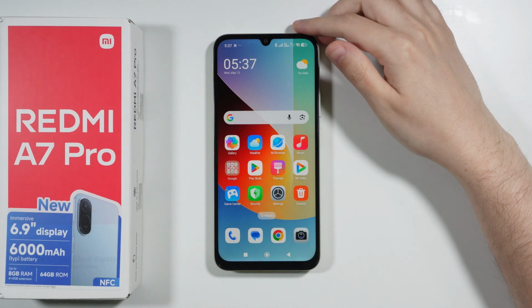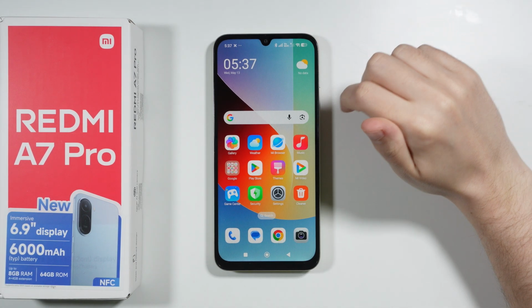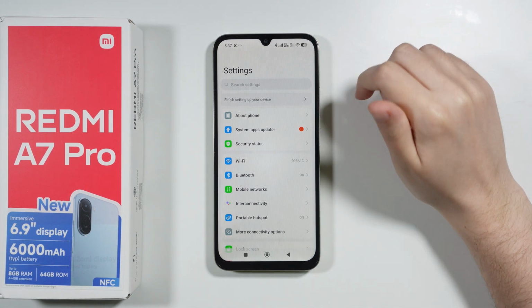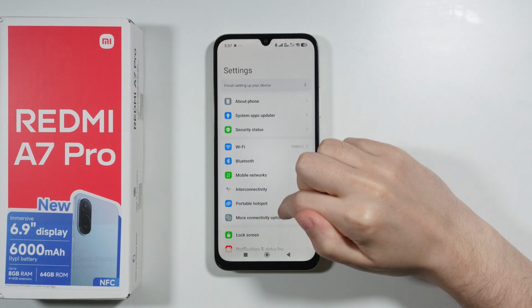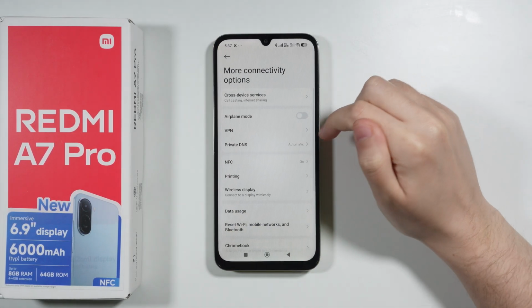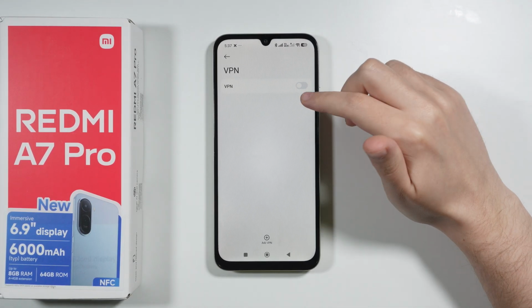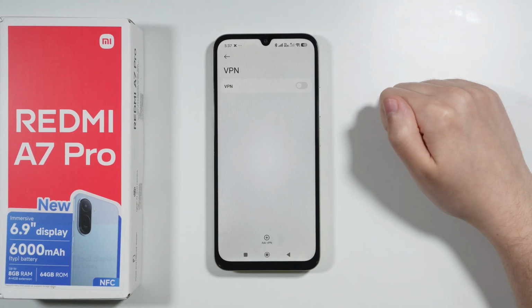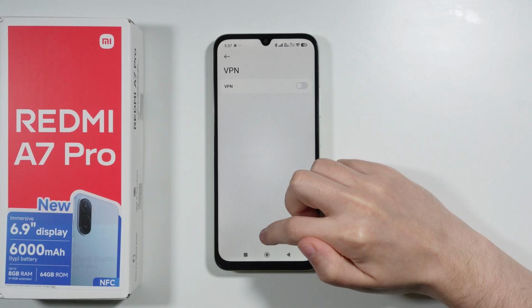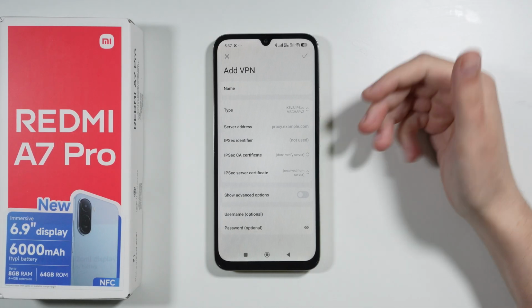If you want to set up VPN on the Redmi A7 Pro, first we need to open Settings. Over here in Settings, choose More Connectivity Options, and then in here you should be able to find the VPN option. In order to use it, we need to create a VPN profile. So you can tap on Add VPN at the bottom of the screen,